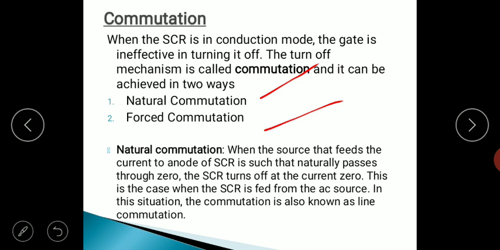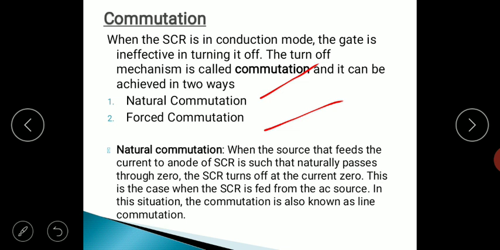Natural commutation is when the source that feeds the current to the anode of the SCR is alternating in nature, then whenever the supply voltage crosses 0, automatically the SCR will be turned off, and this method of turning off the SCR is called natural commutation.